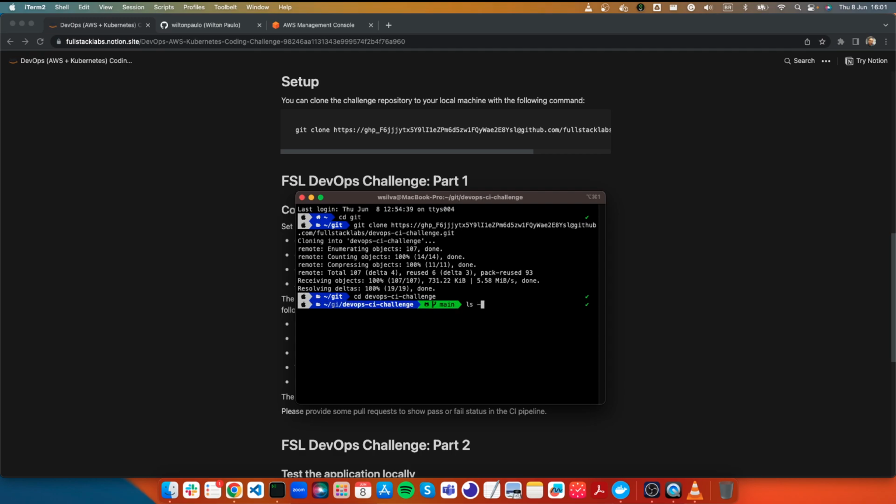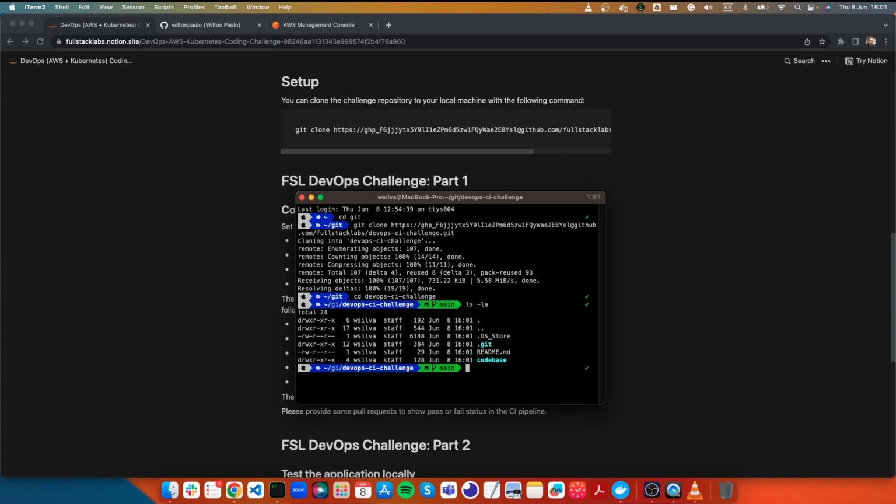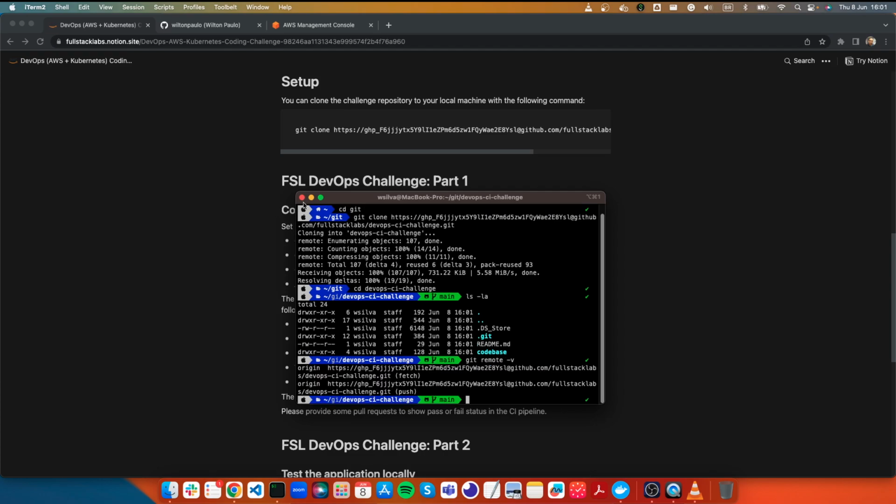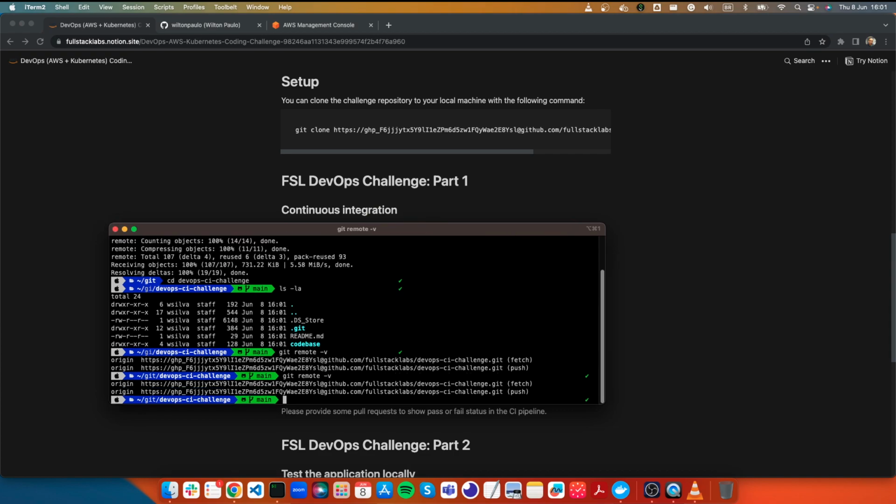I cd into the directory. So this is the original repository cloned. I'm just going to change the directory. Let's see, git remote -v. Okay, I'm going to change this original URL, so git remote set-url origin. I have to set my own git, so let's create another git